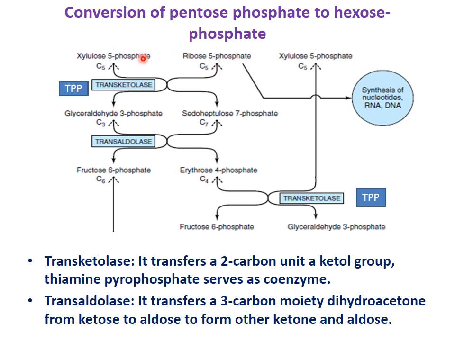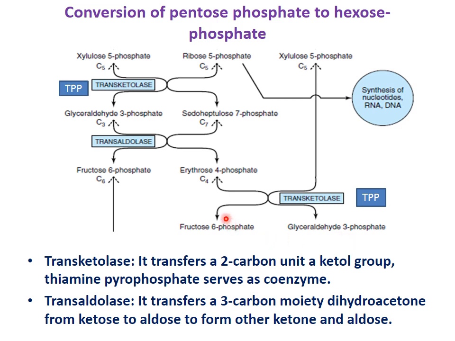Now these are all 5-phosphate, 5-carbon compounds. They are all pentose sugars. But at the end they will be converted into hexose sugar. So this is fructose 6-phosphate. This is also fructose 6-phosphate. And then this glyceraldehyde 3-phosphate will also form fructose 6-phosphate.